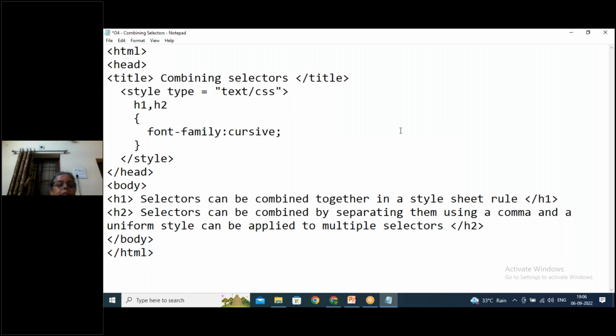So font family, I give Arial. Now for H1,